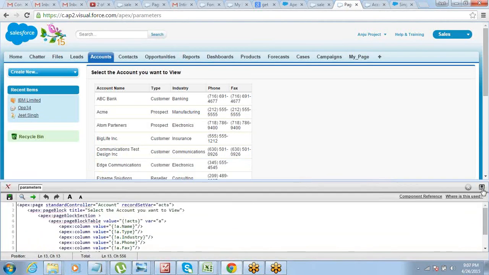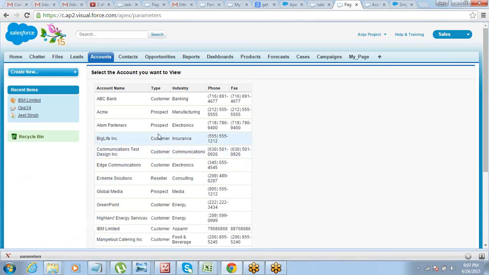So basically what I am trying to do is I want a list of accounts on the left hand side, and I just want to be able to click on one of the records so that the selected record's details can be displayed on the right hand side. Simple. I want the list on the left hand side. So a lot of times you will see these kind of pages where the end user wants to view the list as well as the details on the same page. Okay, and he also wants to be able to select the record for which he wants to view the details. All right.